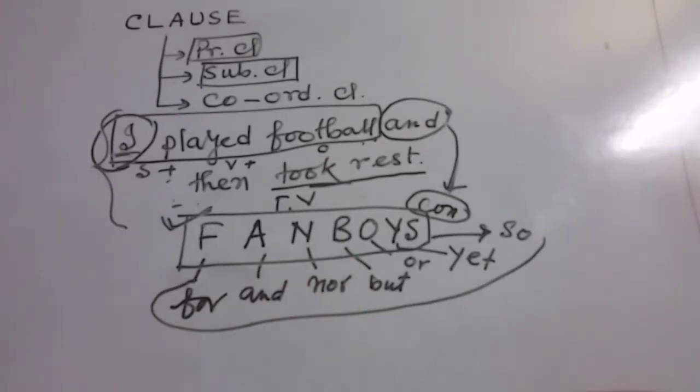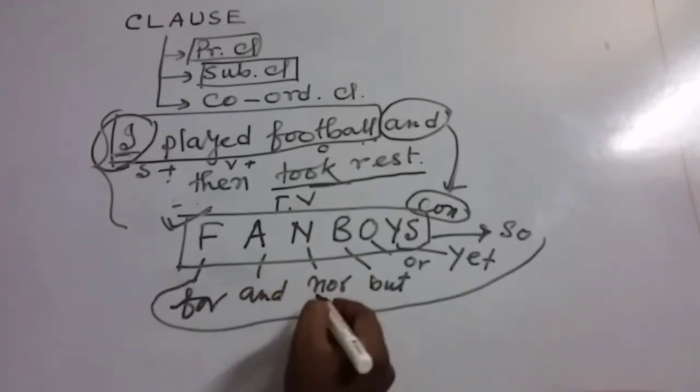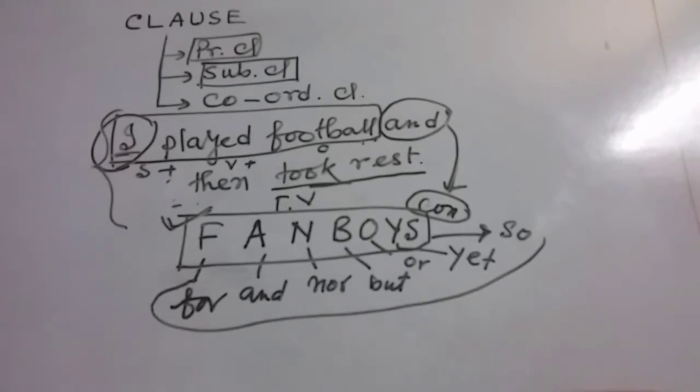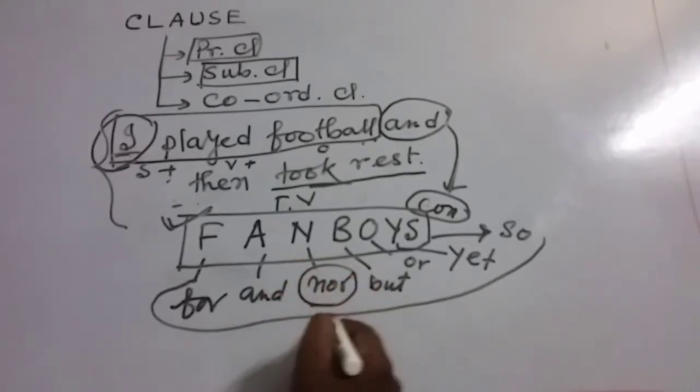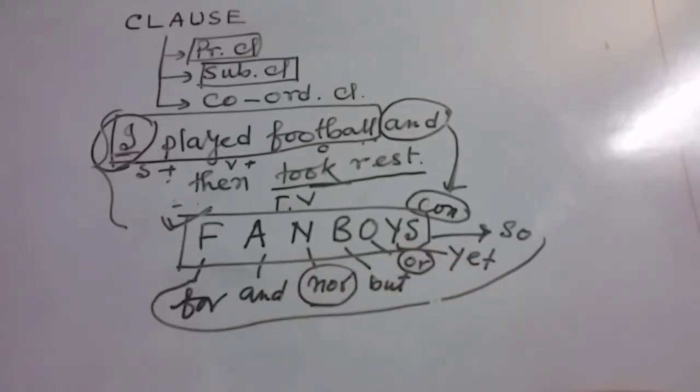And my dear friends, one thing I should mention here, you can see neither, nor, either, or, these types of words are also called conjunctions. Only one is written here, nor, or. My dear friends, in coordinating clauses, you can see these types of conjunctions. In this way, these types of sentences are formed.